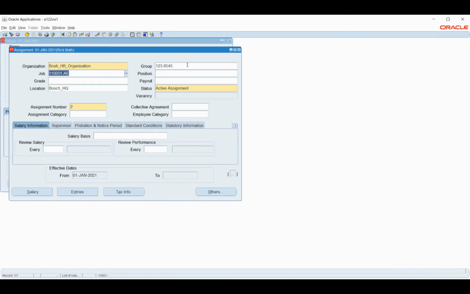So if you want, you can capture it, or else probably you can leave it. Whatever you see here, these three flex fields, you can just leave. So only these two, job and position, and then the payroll. These things you will have to give. So people group is not mandatory. Okay, sir.